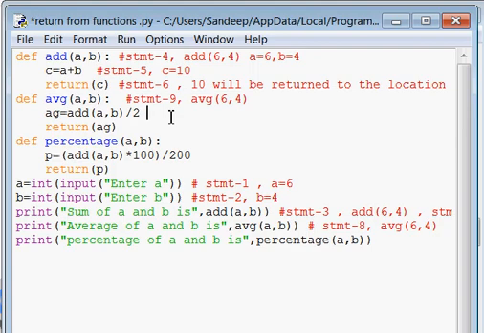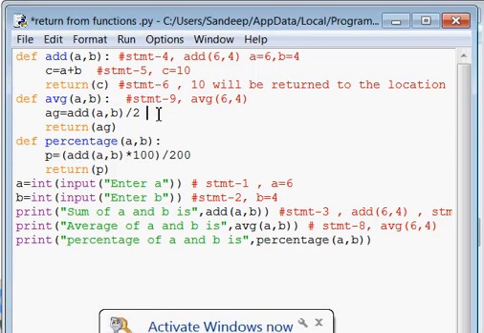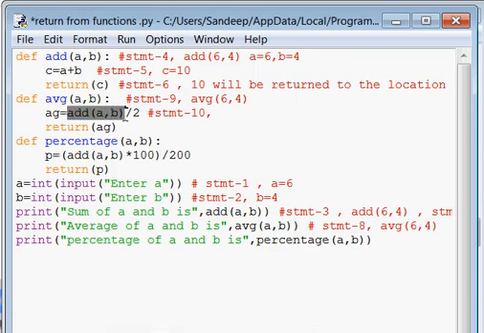And now you have seen AG equals 2, means now your executing statement will be statement 10, and in this statement, if you see, there is one more function calling statement, this one. So what will happen here? The add function will be called with the value 6, 4. Due to this, your statement 11 will be this one.